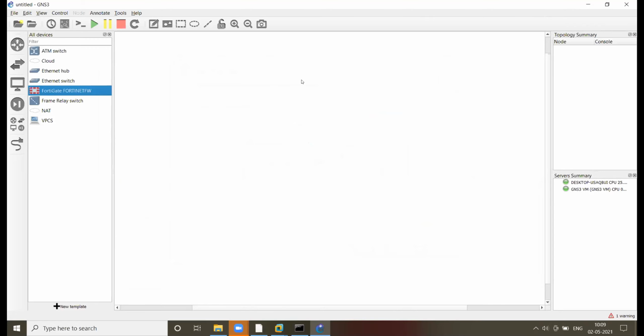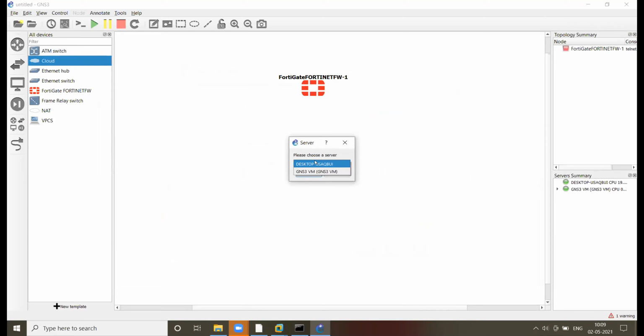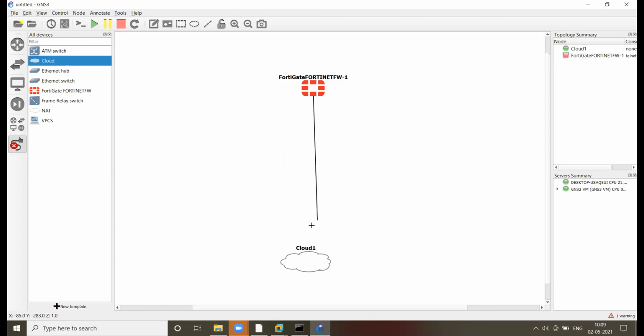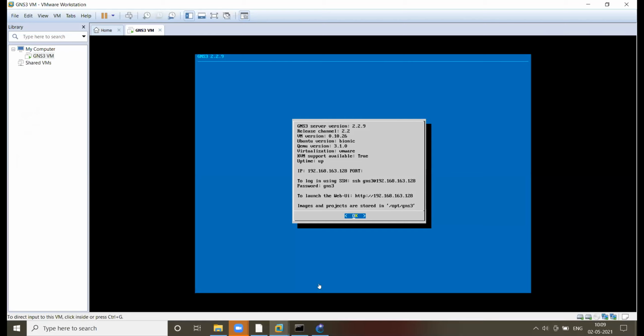You can drag it here. Now you can select your cloud. In your cloud, always select GNS3 VM. Click on OK. Now here you can attach your cable on port number 1, and port number 1 you can connect with Ethernet 0. Ethernet 0 is this IP address, guys. Your PC IP, 192.168.163.